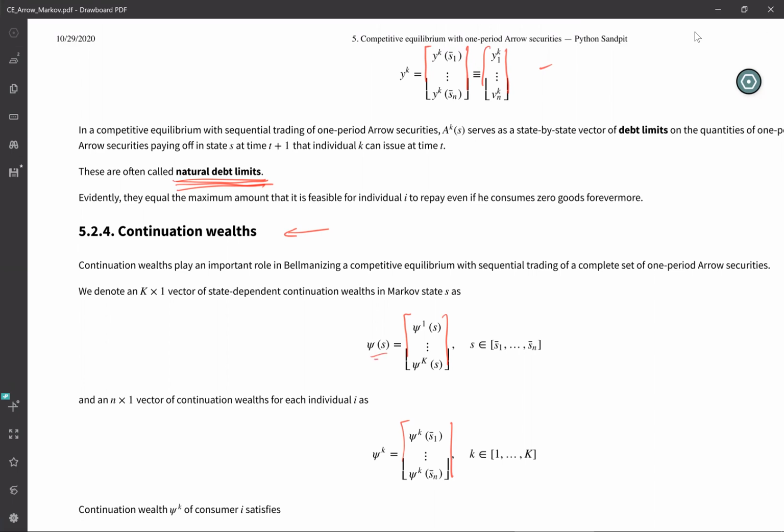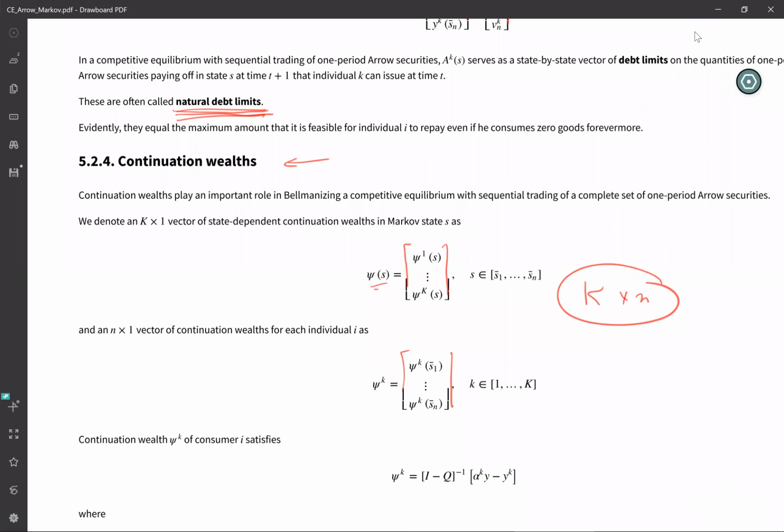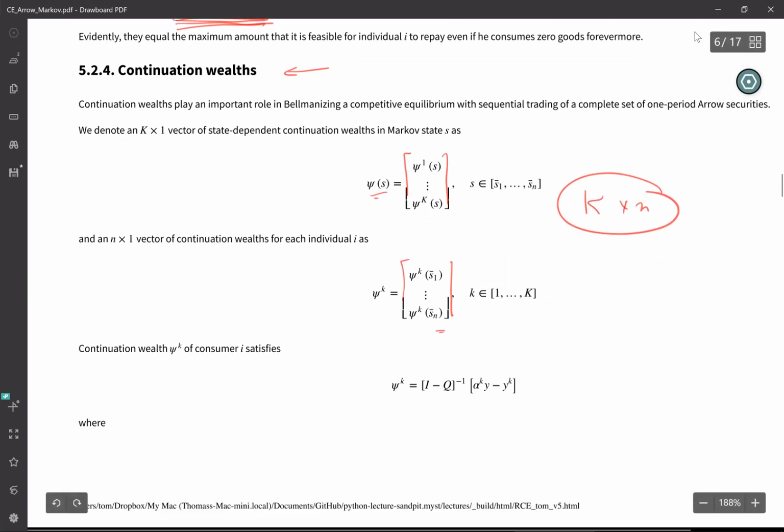And there's going to be one of these. So the way to think of this is a K by N matrix that I'm going to form. Those are my continuation wealths for person K in state S. That's the way I'm going to read that. And each individual has one. So the continuation wealth of this person is going to be